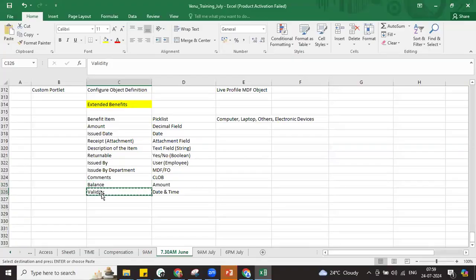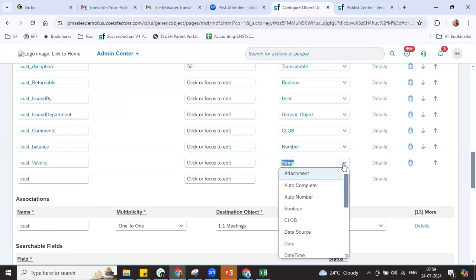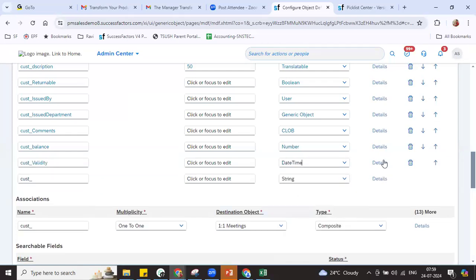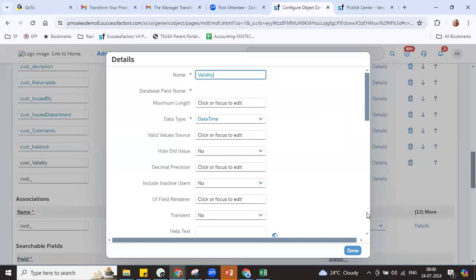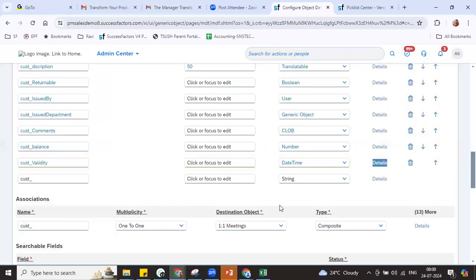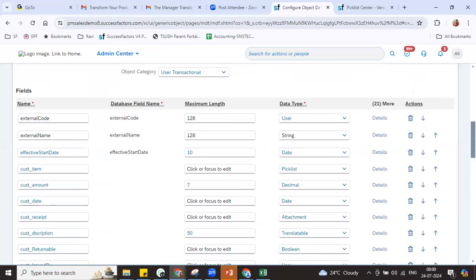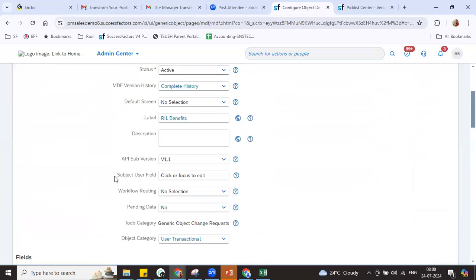Any other fields that you want to have? Validity: I'll choose date and time here. Any other field that you want to have? Okay, so now once you're done with all of the fields, you see here the subject user